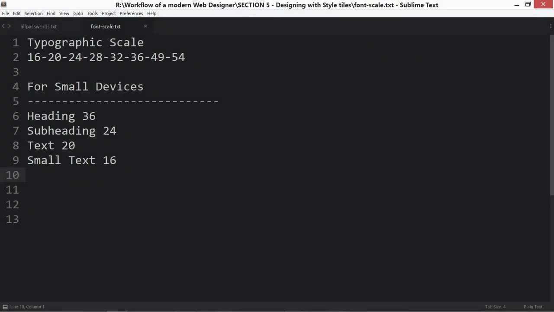Now the scale I chose is 16, 20, 24, 28, 32, 36, 49 and 54. So these three are for headings, bigger headings, and these 2 or 3 can be used for subheading, and this is for text and this is for small text. So for small devices I am going to switch to heading 36, subheading 24, text 20 and small text 16. Okay, so let's see how it is going to look like, and let's start designing our